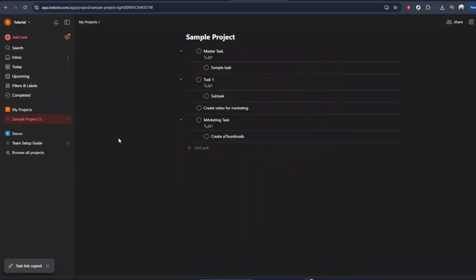In today's video, I'm going to teach you how to attach files and links to tasks in Todoist. Being able to add files and links directly to a task is a great way to keep everything you need in one place. You're not hunting through emails or folders when it's time to get work done. I'll walk you through the process step by step, and by the end, you'll know exactly where to click and